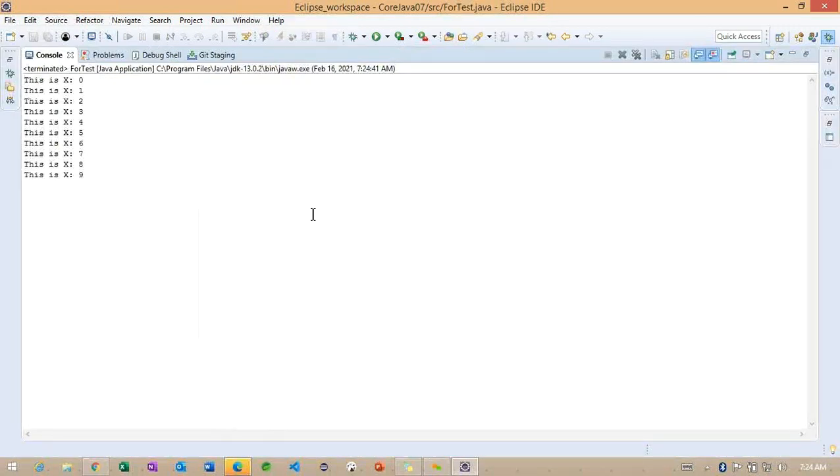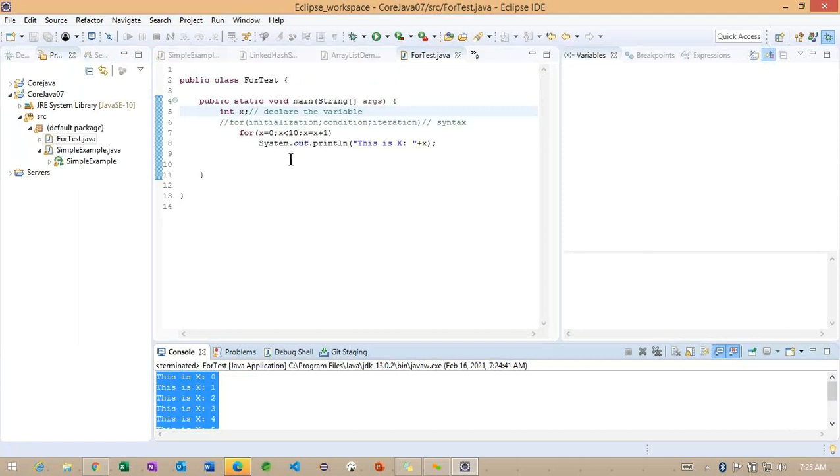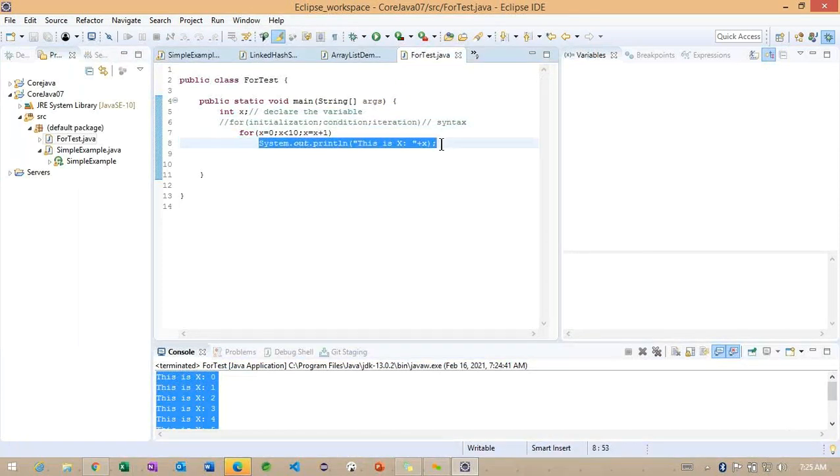and go back to this particular console here. You can identify how many times the x value is printing here. The x value is printing 0 to 9 times, which is nothing but 10 times. After that, what happened here? So why is the x value not printed as 10 here? Why is the x value printed up to 9 only? Why is it printed here?